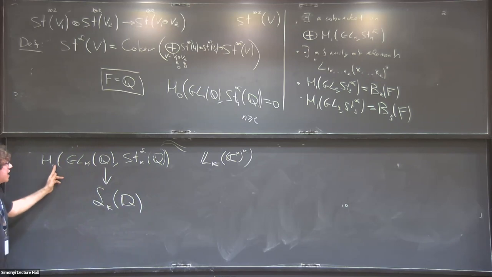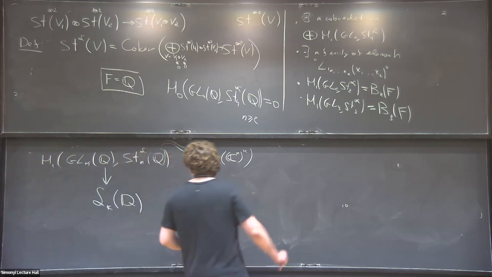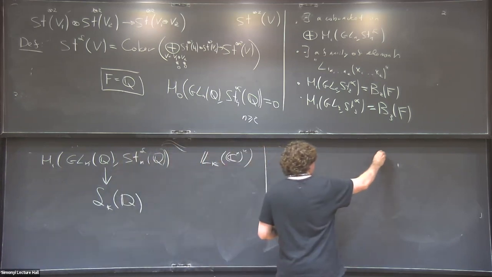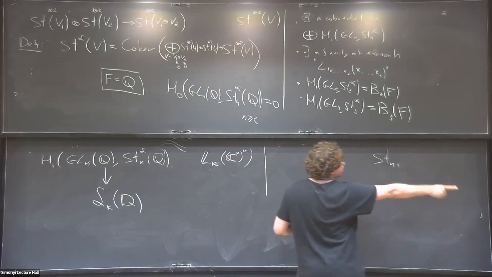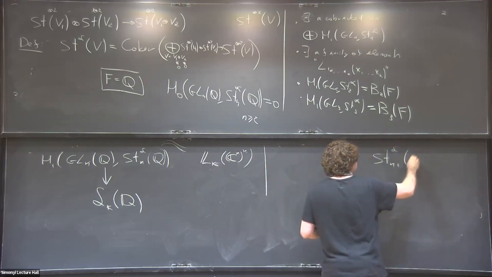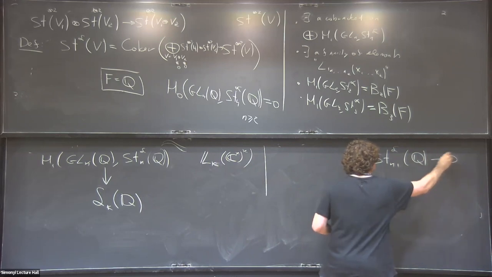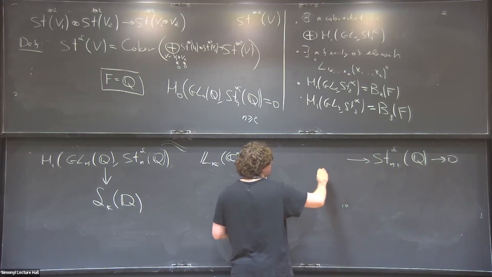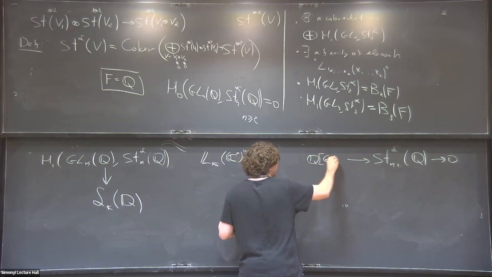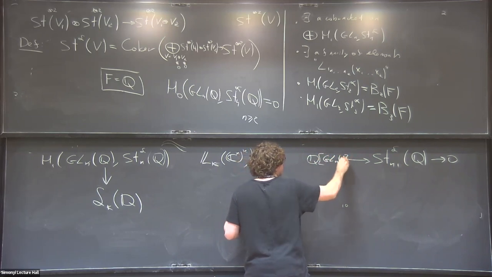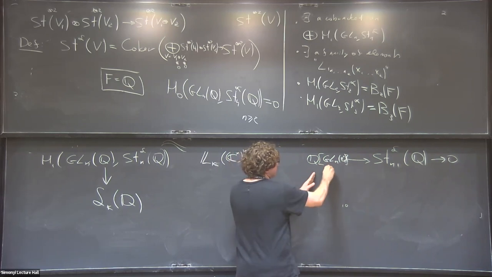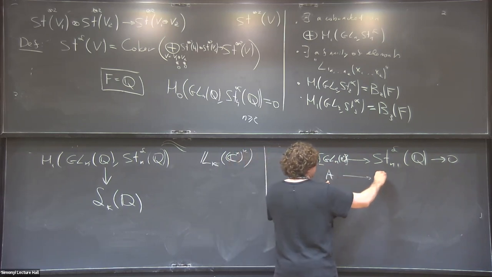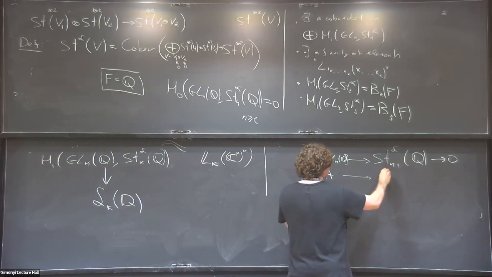Okay, how to construct a map from H1 to something. So we need to compute H1. So how do we do that? This theorem on the right-hand side tells me that there is a surjective map. So you have Steinberg L of Q, but there is a surjective map from the free module on GLN. So just a free module, and this map takes a matrix and sends it to